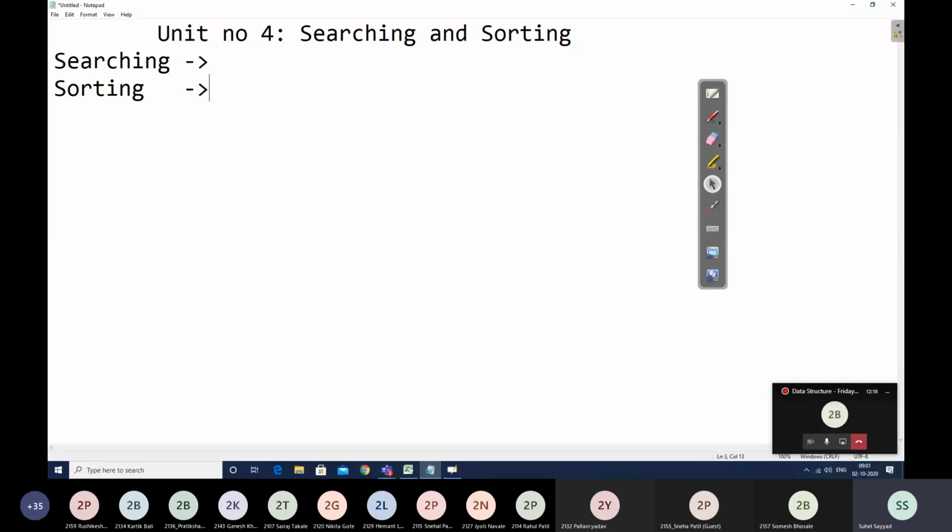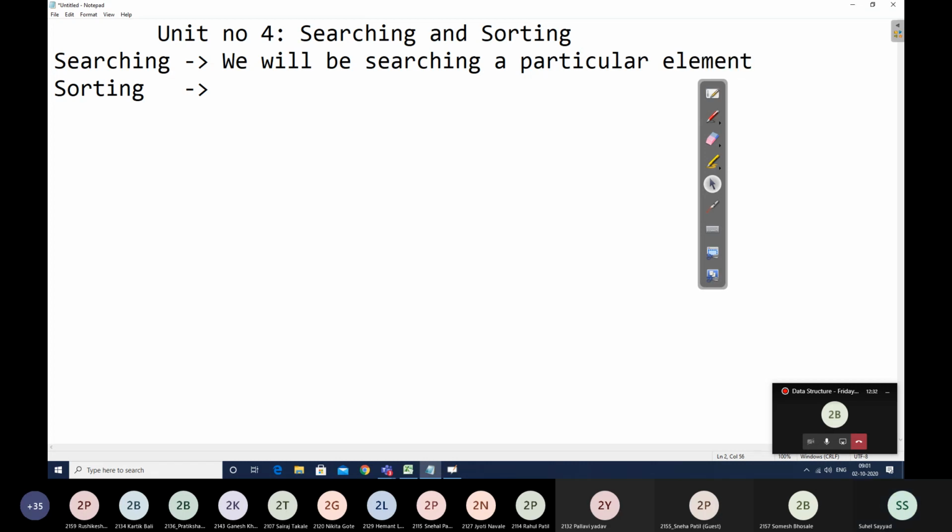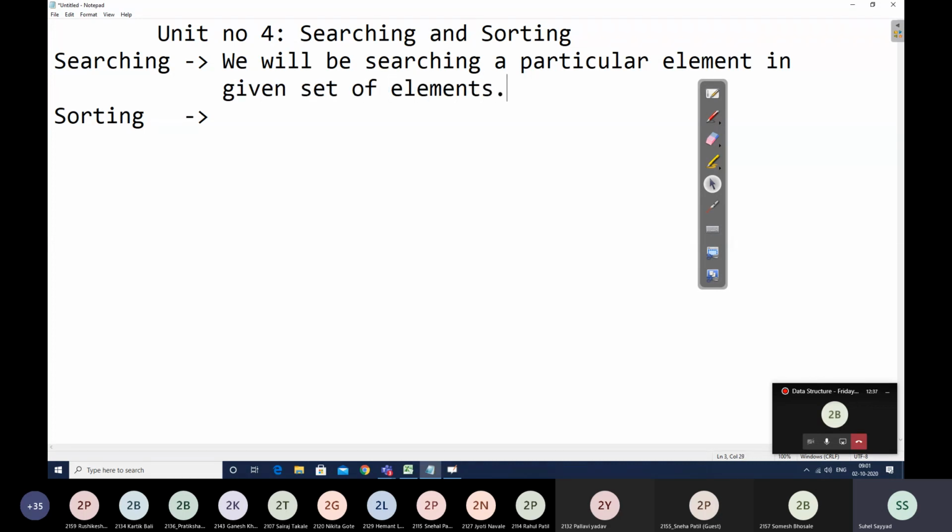So in searching methods, basically, we will be searching a particular element in a given set of elements. So you will be given some set of elements. Say for example, I give you 10 elements and your problem will be to find one particular element from that set.